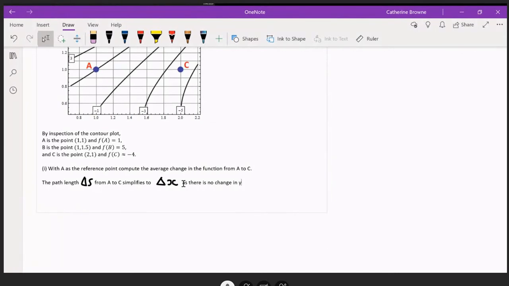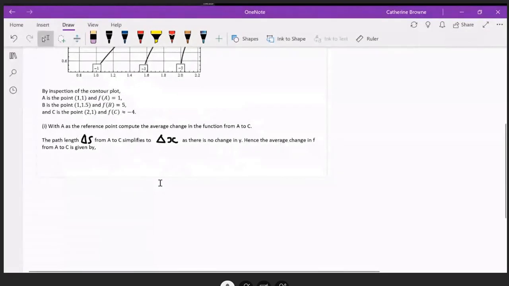Y is equal to 1 for both A and C. So hence the average change in F from A to C is given by,